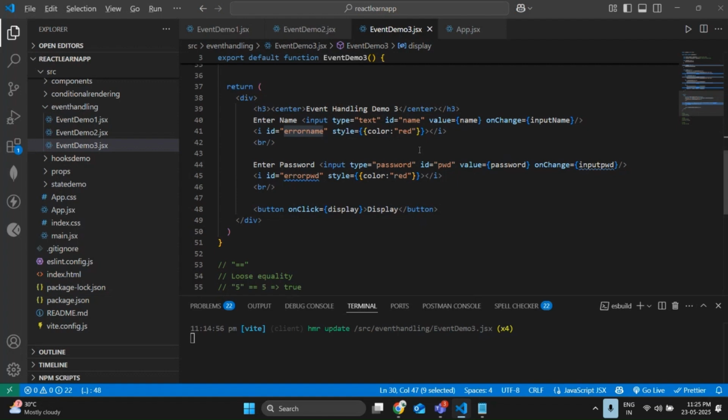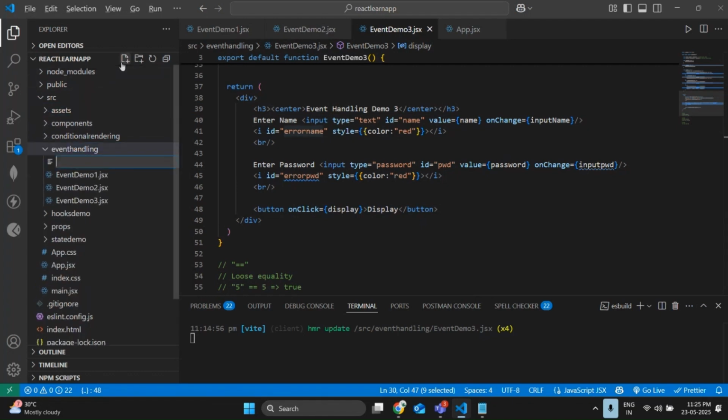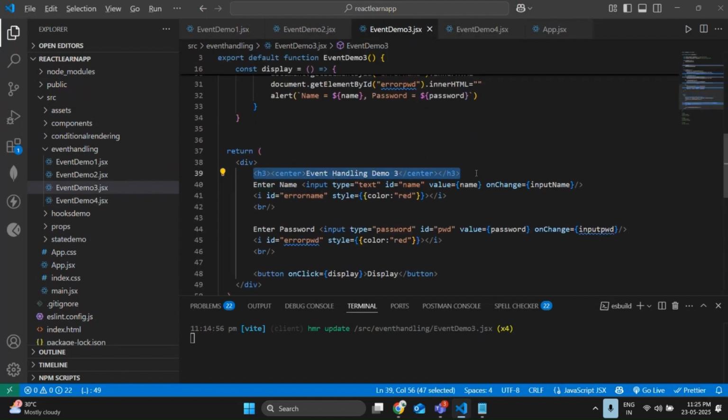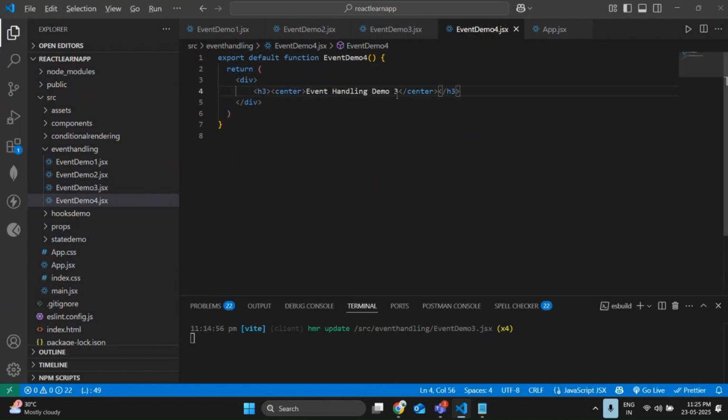Let me create one new file under event handling. Let me create an event handle new file, event demo, event demo4.jsx. So let me write RFC. Let me remove the unwanted errors. Let me go back to this demo 4. Done. So let me take two numbers and let me perform the addition